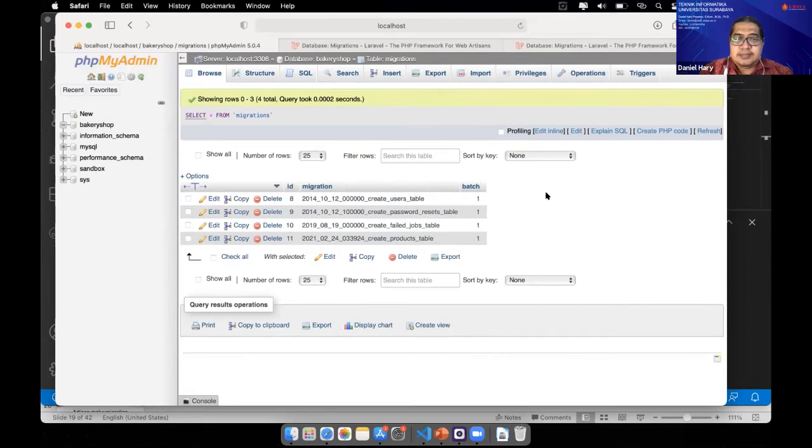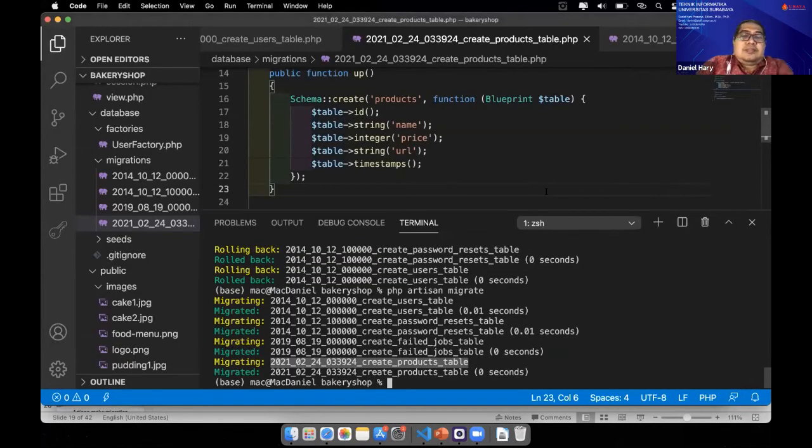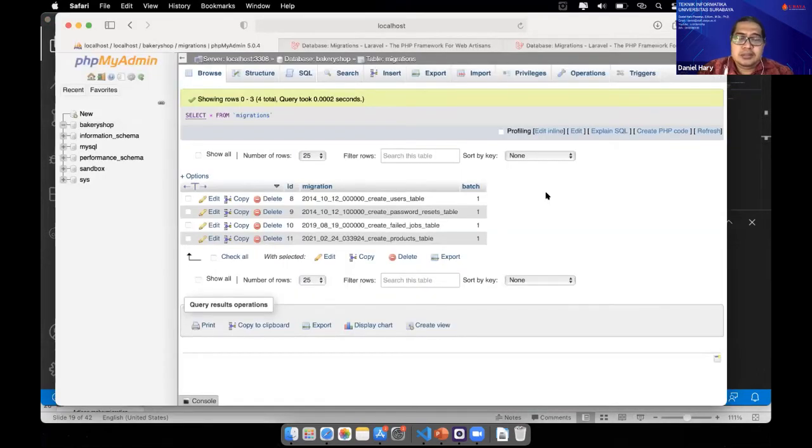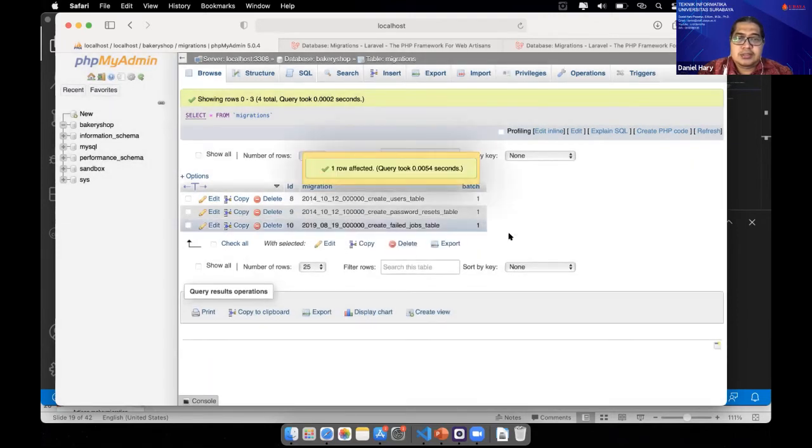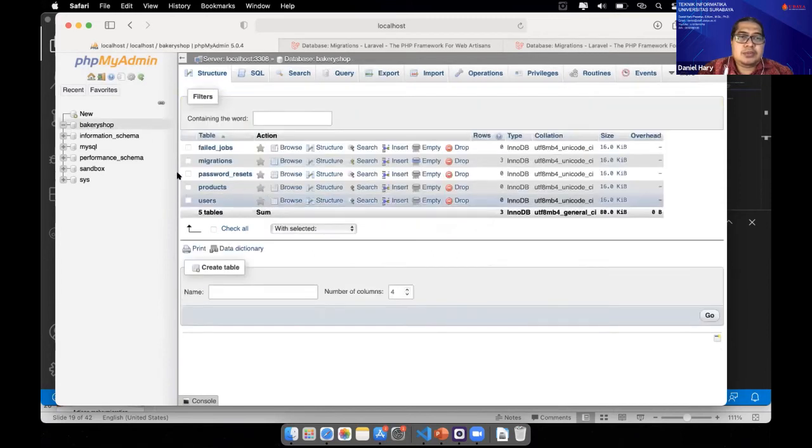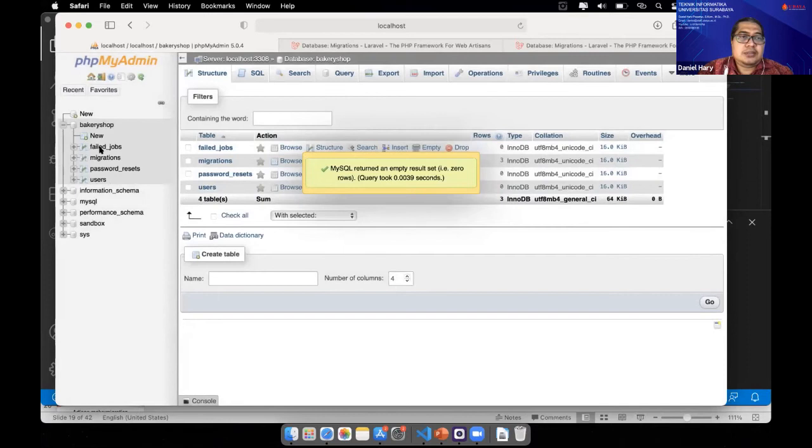This one: users, password reset, failed jobs, and then the products table become one batch. Okay, sometimes you may have manually edited files and want to run them again. For example, the product. We can delete the product migration information, and also drop the products table first, just like there is no migration for products.